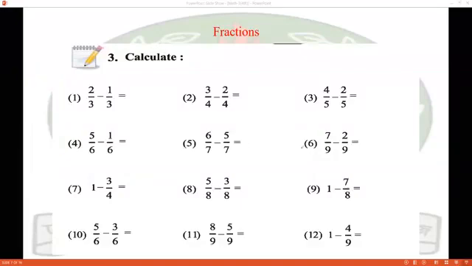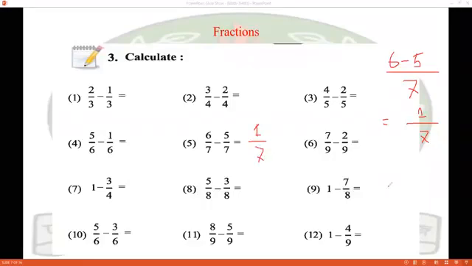In the number 5, the common denominator is 7. So we can write 7 divided by 7. So we get 1. So 6 into 1, we get 6. Minus 7 by 7, we get 1. So 5 into 1, that means we get 5. So it will be 1 and the denominator will be 7. So the result will be 1 by 7.